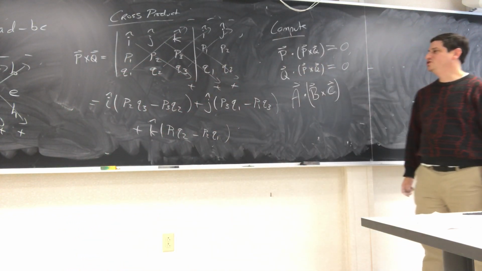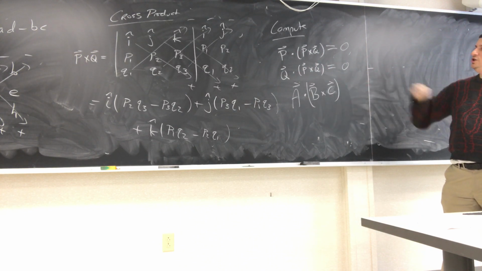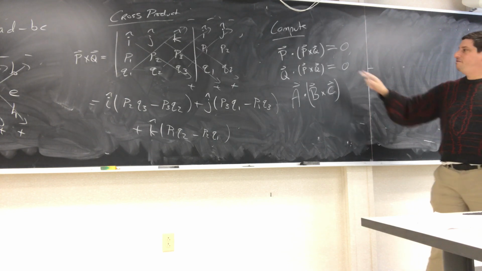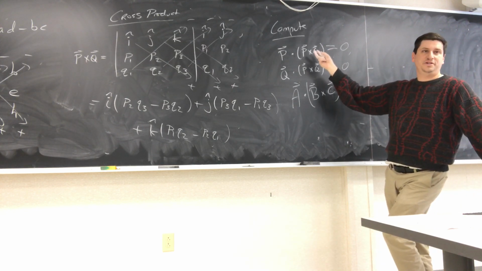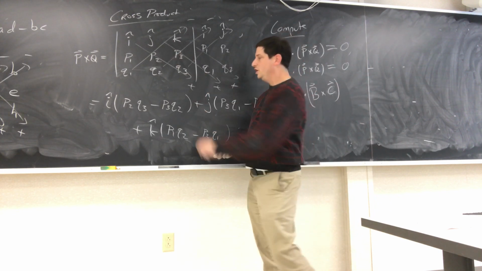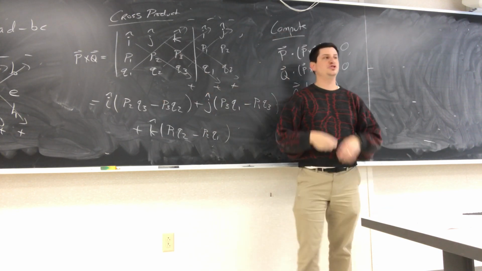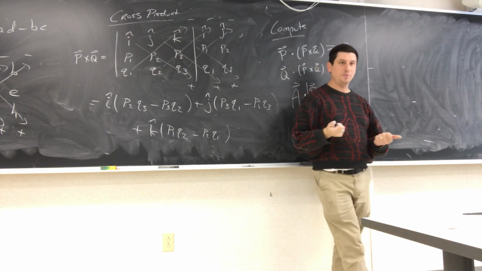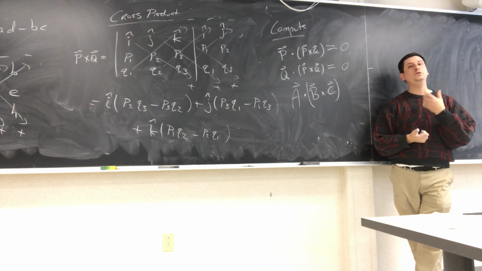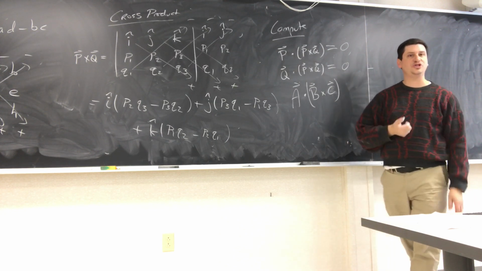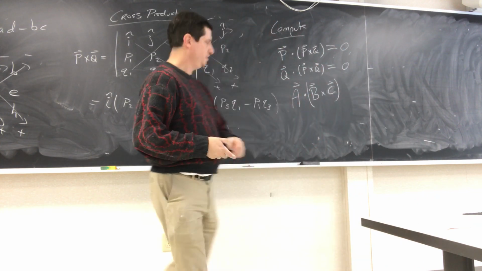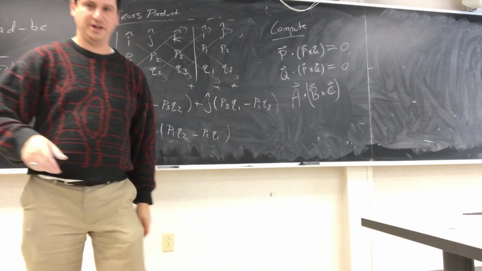All right, so you can start asking what other identities can you prove? If I flip P and Q, for instance, I would flip the two rows over here, and what you can see is, oh, that's going to just change everything by -1. That's going to change the direction. So unlike the dot product where order doesn't matter, for the cross product, order matters, but only weakly. All it's going to do is just change the sign. Rather than pointing up, it's going to point down. All right, so this is a good place to stop. And like the last one,